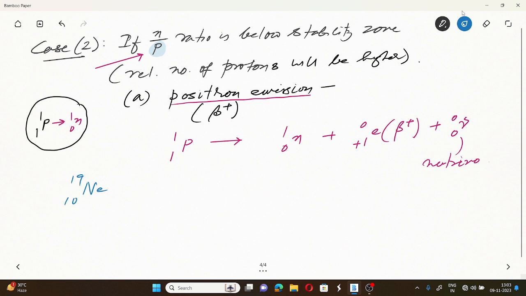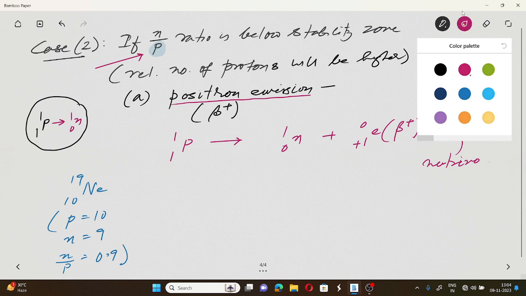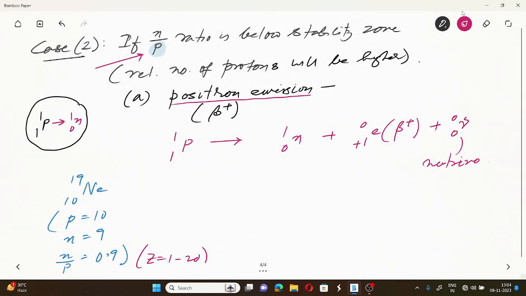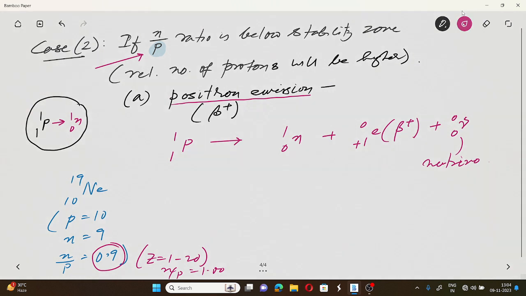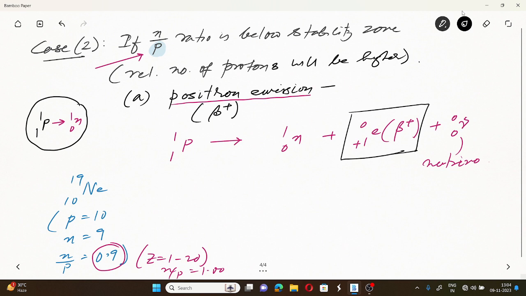19 neon 10, তো এখানে আমরা দেখতে পাচ্ছি প্রোটনের সংখ্যা 10, নিউট্রনের সংখ্যা 9, তাহলে n by p রেশিও 0.9, তাই তো? কিন্তু আমরা তো জানি যে 1 থেকে 20 অবধি z, the n by p ratio should be 1.00। This is the stability zone। So this value is lesser than the stability zone। So if it is lesser than the stability zone, what's going to happen? Beta plus emission হবে।